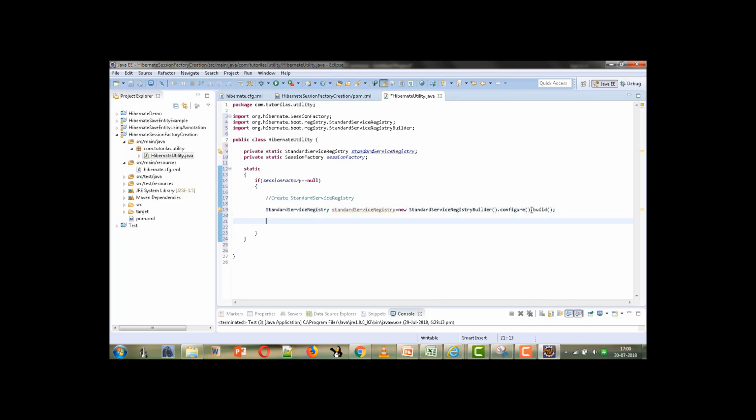Now here for the configure method, we haven't given any parameter, but if we had given some other name for our configuration file, other than hibernate.cfg.xml, we would need to pass that as a parameter. But since we have taken the default name, we need not pass it as a parameter to our configure method. So now we will give the code for creating